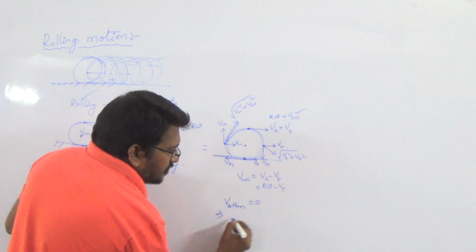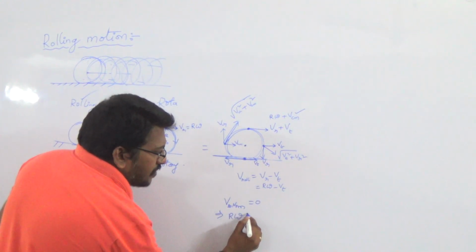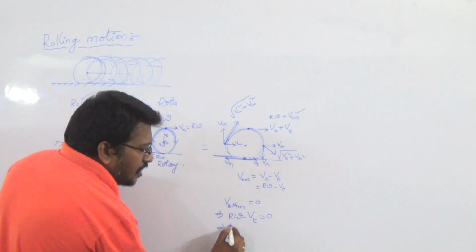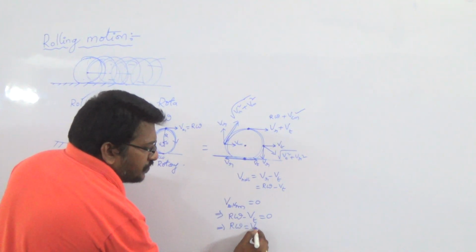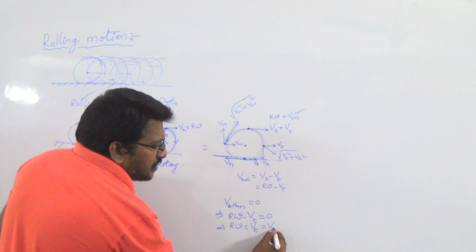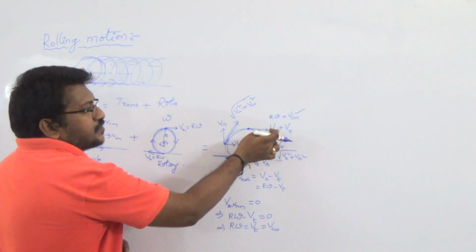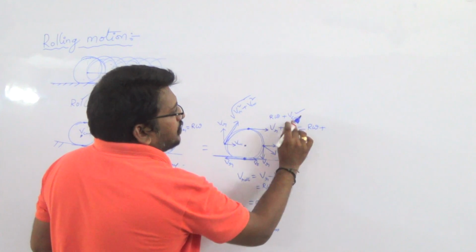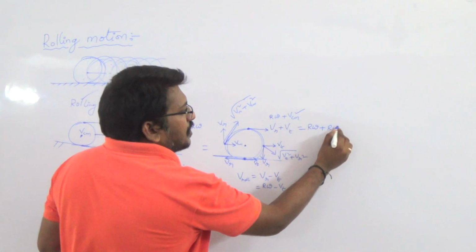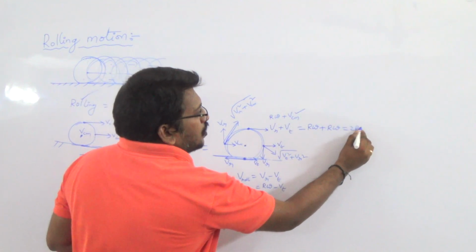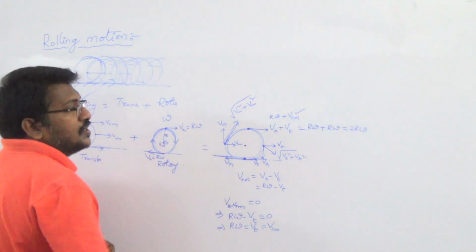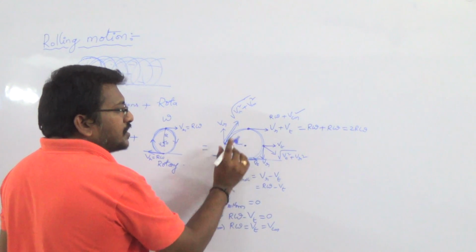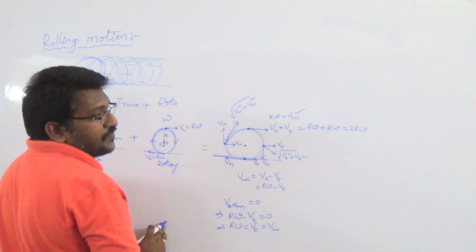So we can write here r omega minus Vt is equal to 0. So from that, r omega is equal to Vt, nothing but Vcm. Substitute here, you get Vr, nothing but r omega plus Vcm, which means again r omega, so that equals 2r omega. So that is the velocity of the particle when the body is in rotatory motion at the top of the surface.